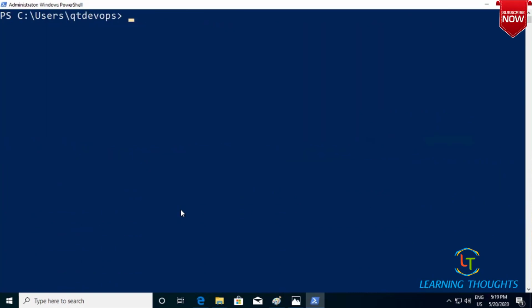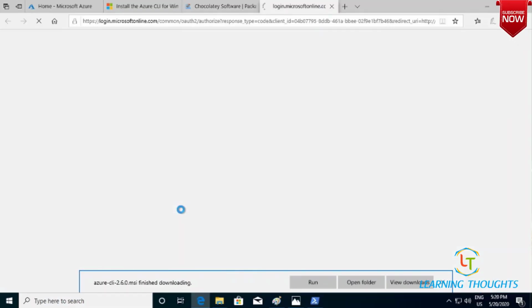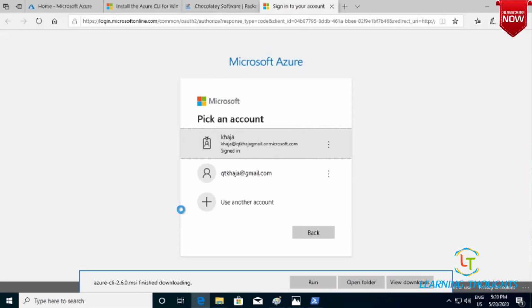Now what we would try to do is log in to Azure from the CLI. We have installed Azure CLI, but we have not connected our command line to our Azure account. For that, I can easily execute a command called az login. When I do az login, it will ask which account you want to connect to.